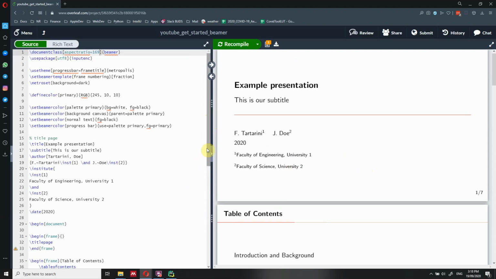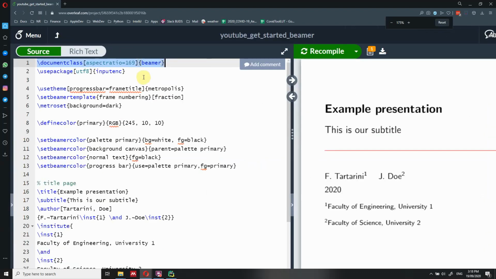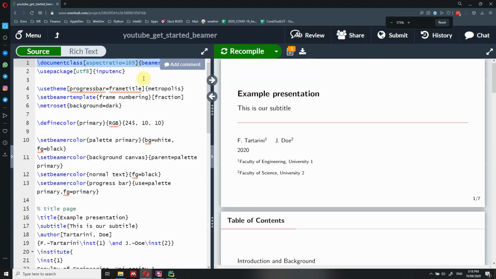First things first, I forgot to show you in the previous video, because it was about themes and aspect ratio, how to change the text size in your Beamer presentation. If you want to do that, it's super simple. You can find it at the top in the document class where we set the aspect ratio. Let me actually increase it a little bit more. Okay, now it should be fine.